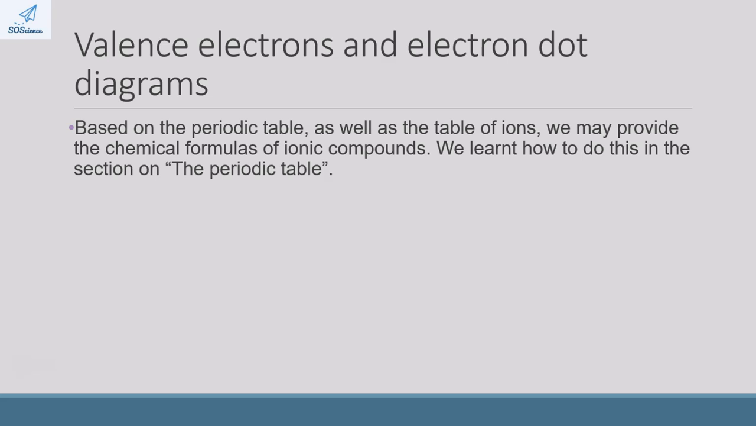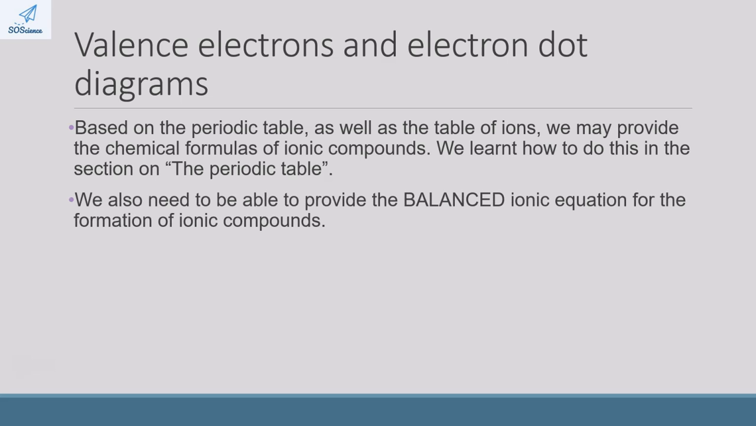So based on the periodic table and the table of ions, we may provide the chemical formulas of ionic compounds, and we learned how to do this in the section on the periodic table. If you need to go back and recap that, we used the crossing method, but we also need to be able to provide a balanced ionic equation for the formation of ionic compounds, and I'm going to show you what that means. So, for example, if I ask for the balanced ionic equation showing the formation of ammonium nitrate, so